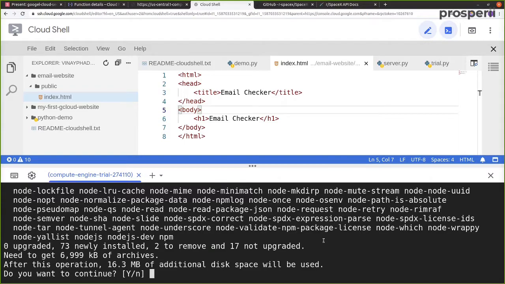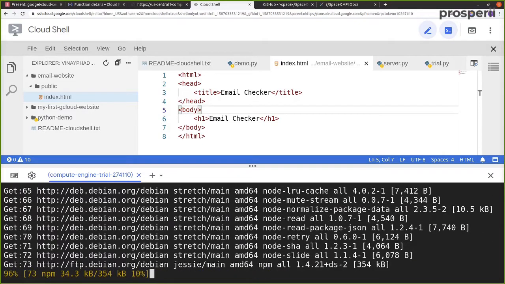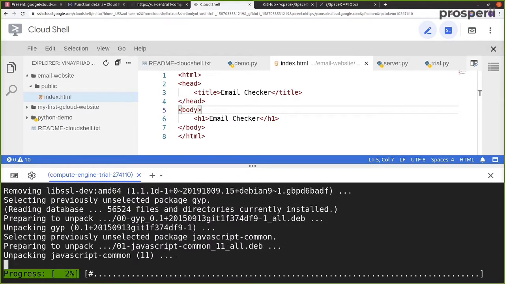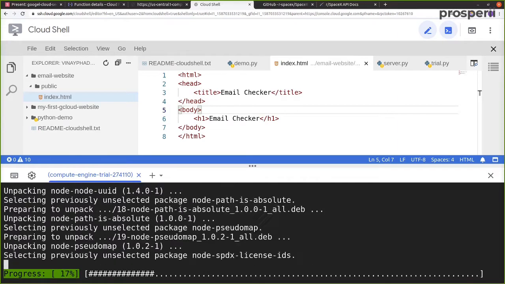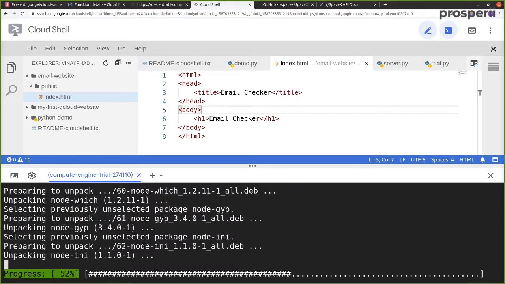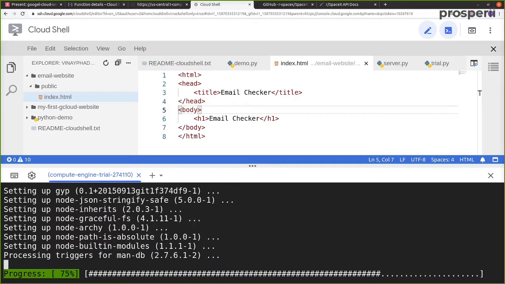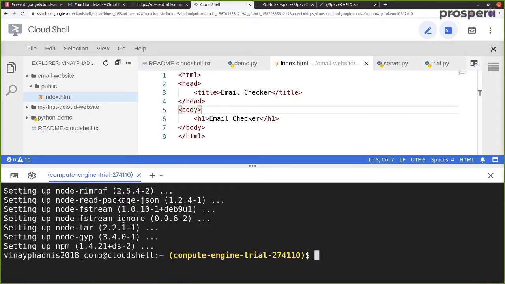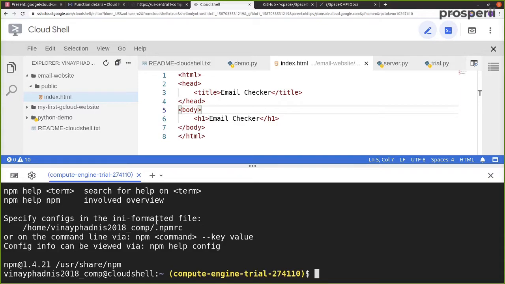Okay, so now over here this is asking us if we want to continue. So let's press Y and let's click enter. So basically this will install npm for us, which stands for Node Package Manager. And we will be looking at what exactly is meant by the Node Package Manager shortly once we look at the basics of JavaScript. Okay, so over here if you simply type in npm, that is when you can see